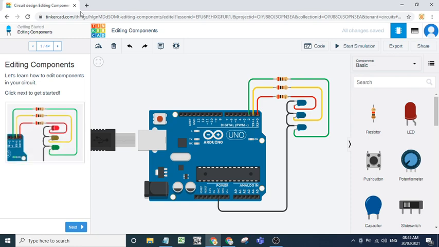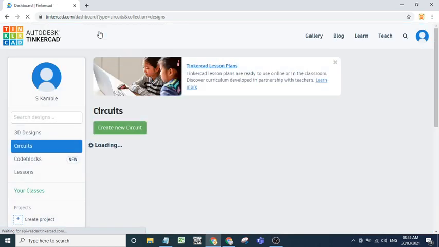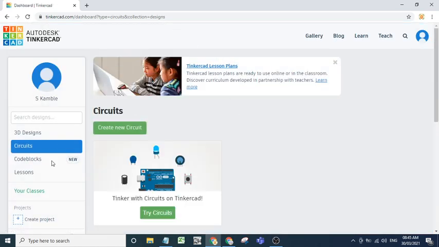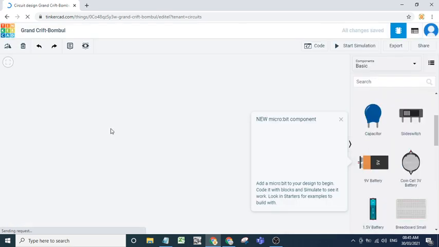So I will click on home. I'll click on this Tinkercad. When you click on this Tinkercad, it will go to your front page and then circuit and create new circuit. So in create new circuit, you can make your own circuit.